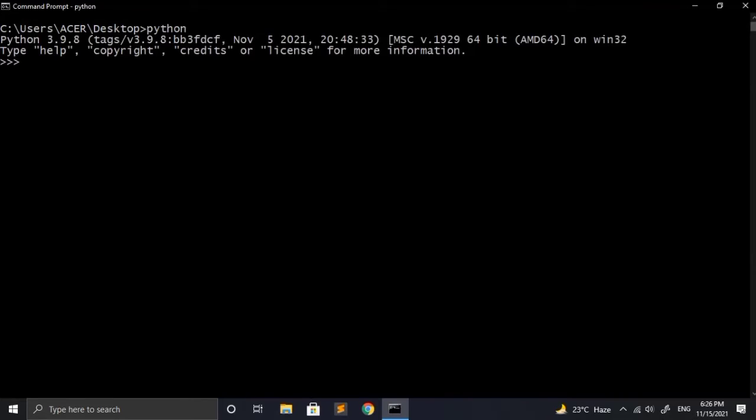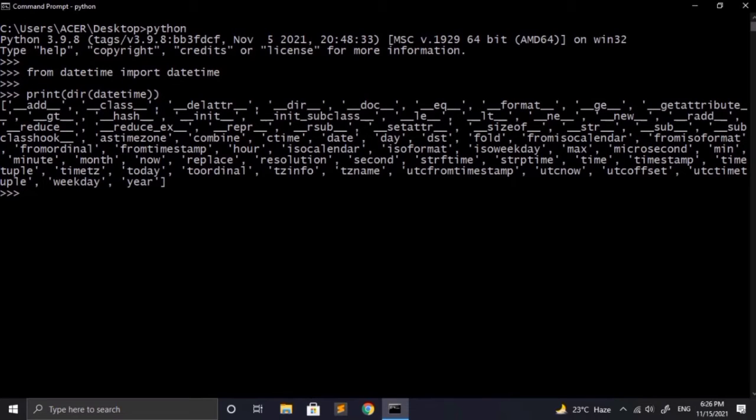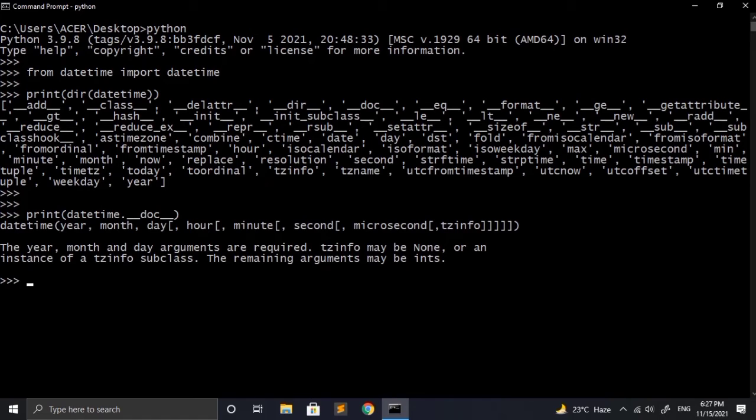First of all, start the Python REPL by giving the command python. For importing datetime, we have to use from datetime import datetime, which means import the datetime class from the datetime module. Let's use the dir function and check what is inside this class. Here we can see that it contains a combination of both the date and time classes of this module. Now let's print the module docstring, and for that we have to use the special variable __doc__. It basically shows some information about the datetime object.